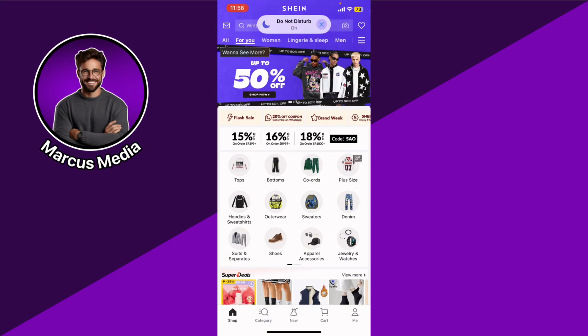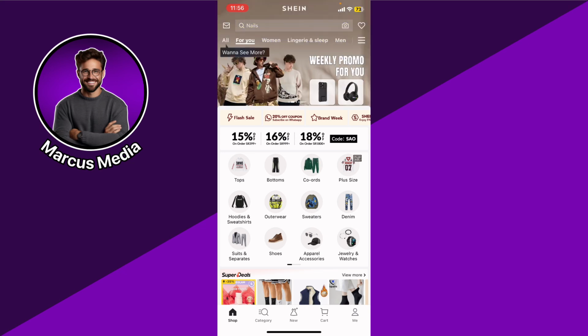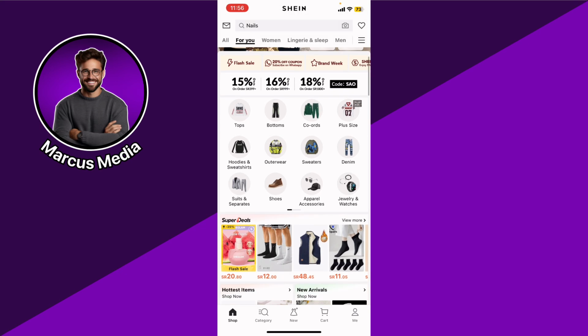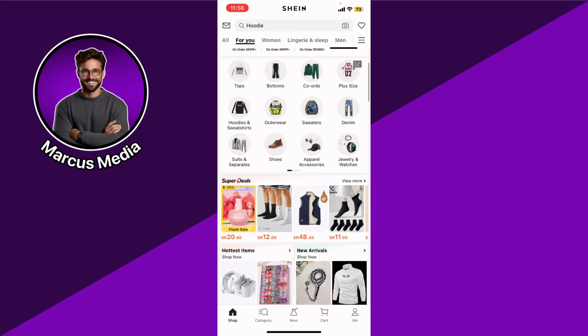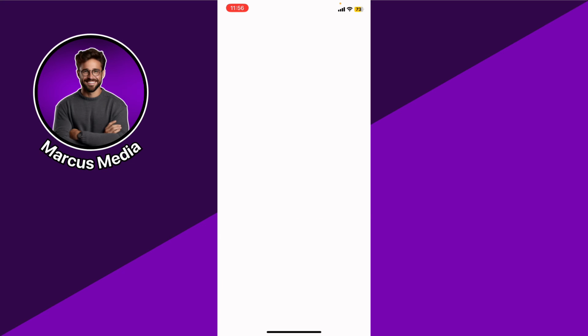How to search by code in Shein app. So first of all, download the app, make sure that you update it to the latest version. And in order to get the code or the coupon code, just go ahead and buy, let's say for example,